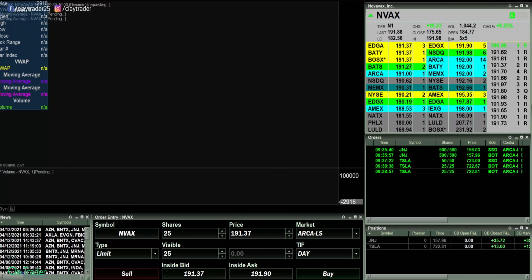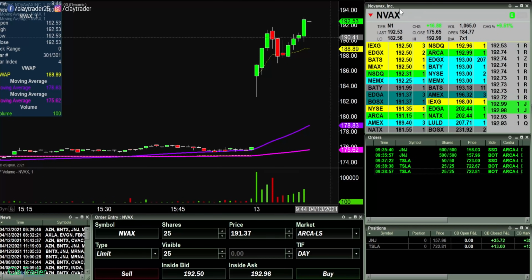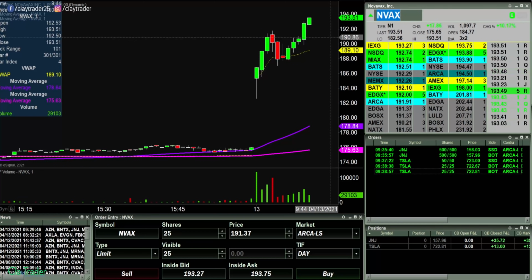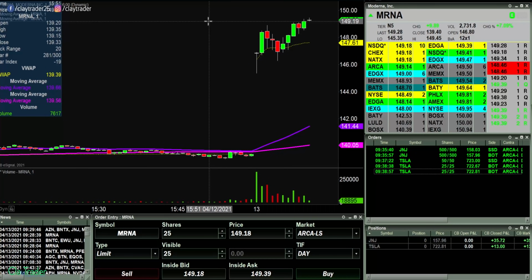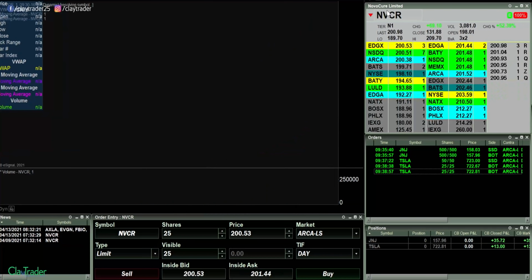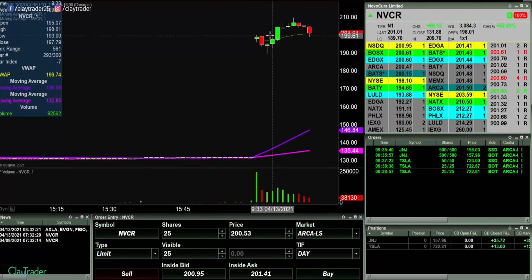NVAX, there we go. Potential breakout point right here. NVAX is just a scary one. It's so choppy, meaning it can reward you very nicely, but it can also crush you very quickly too. 49. Oh, I thought that one would be a little bit more. What's going on with NVCR? Did that one ever really pick up volatility? I mean, that's a $10 move right there, but